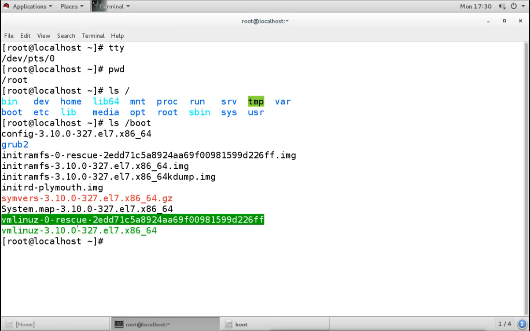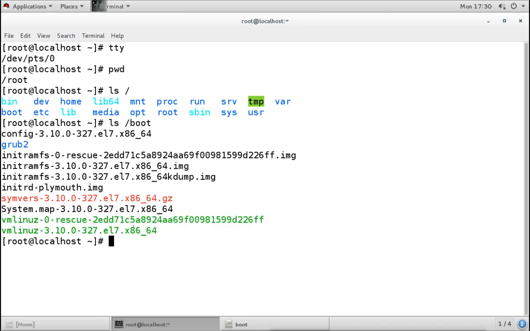Now we have these two files, red color and green color here. These green color files are executable files. If you compare with Windows, executable files are the ones we execute, like batch files and the exe files which we execute to install applications. Here in Linux we have executable files as binary files. Binary files are all executable files which we execute, and also the script files you will see under this green color.